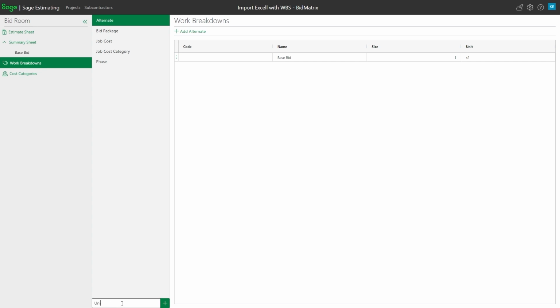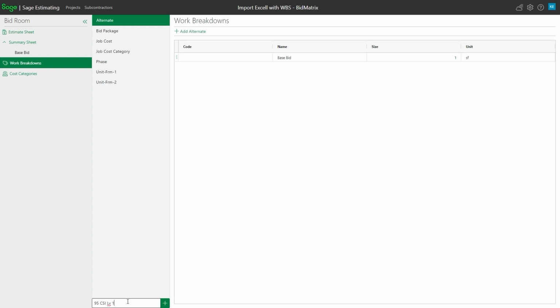So in my case, I want one for Uniformat 1. I hit the plus. It now shows up for this particular project. I'm going to change to Uniformat 2. Let's say that I also want the 95 CSI level 1.